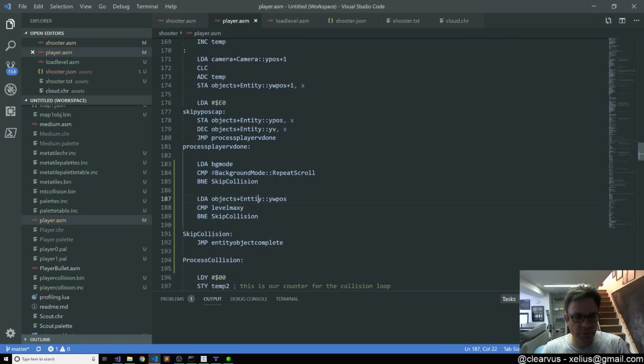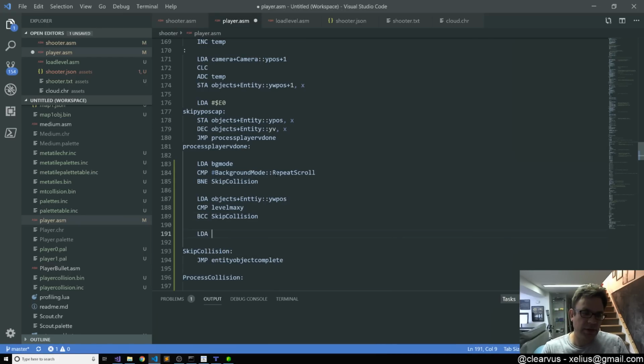Okay. Do the load. Do the comparison. If A is smaller than... let me think about that. If we subtract, if the value of A is bigger than it, then the carry will be clear, which means that we are past the max Y, so we should not bother doing the comparison. So if the carry is clear, do that, and then we've got to do the same thing to,